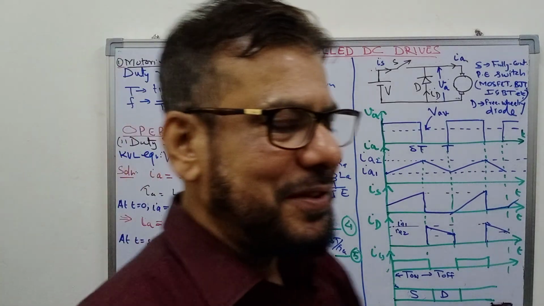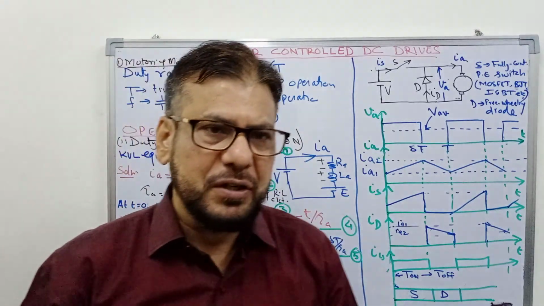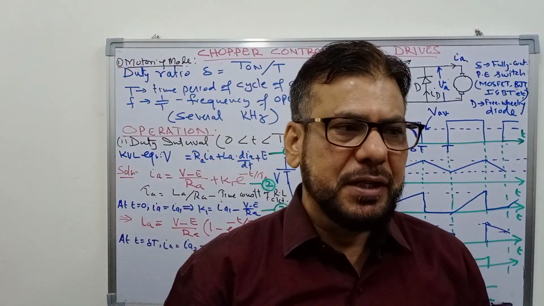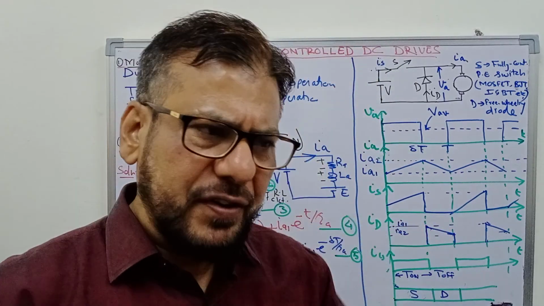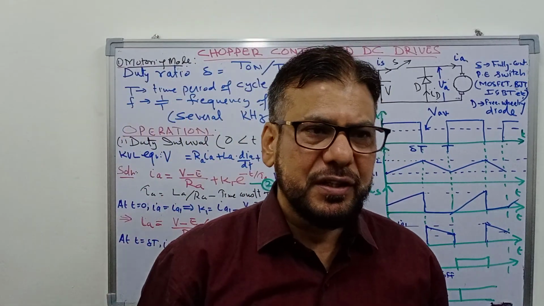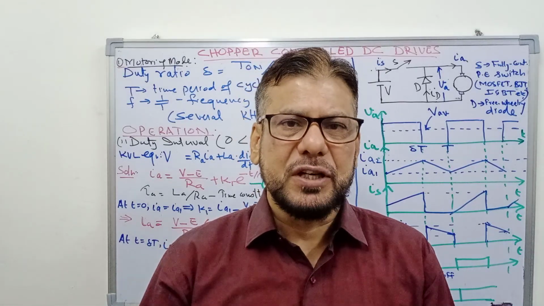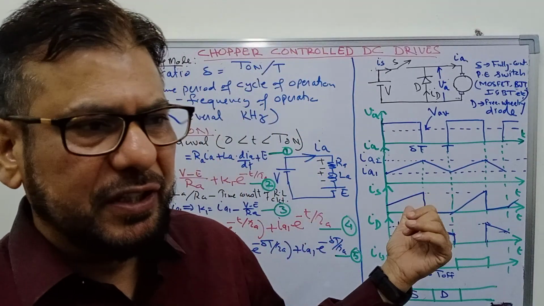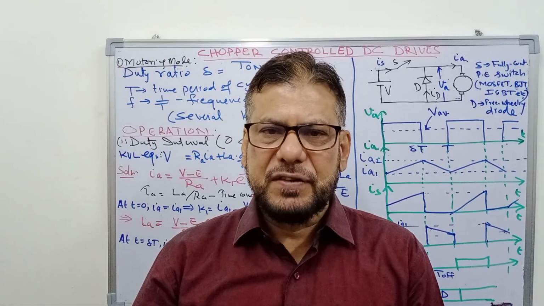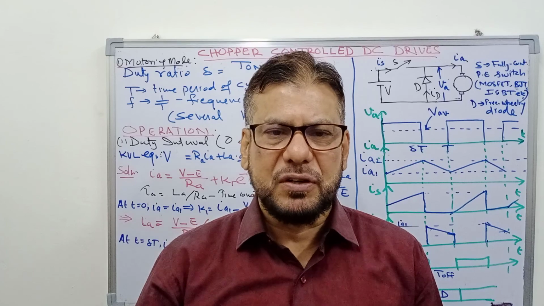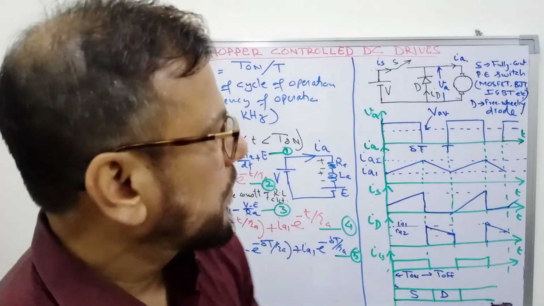Yes, hello students. Now we are going to start the second part of unit number 2, that is chopper controlled DC drive. In rectifier control the source was AC and we used a rectifier there in between source and motor. Now in this case we have the source is DC and we have to use some DC to DC converter or DC chopper in between motor and the source.